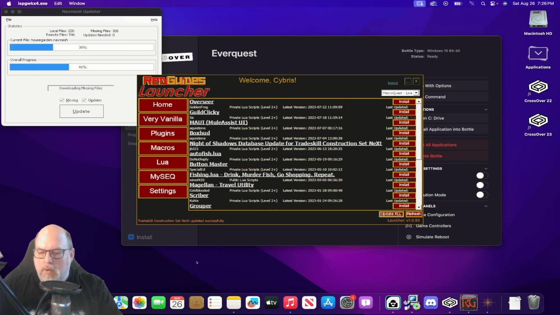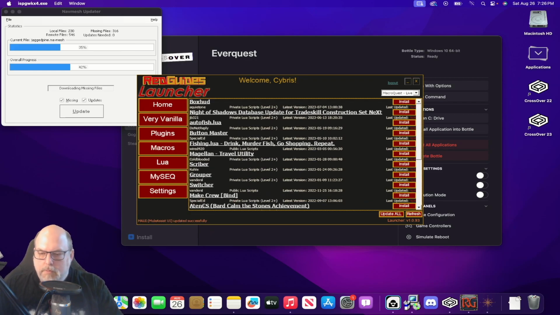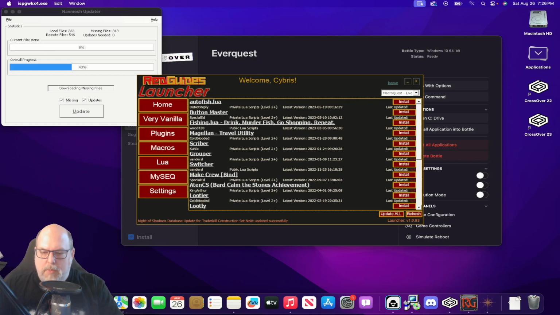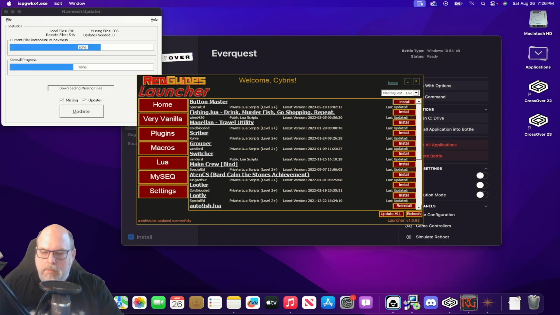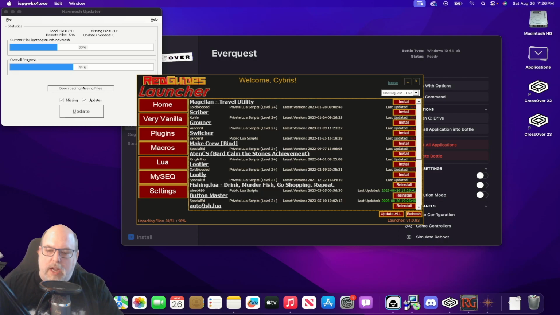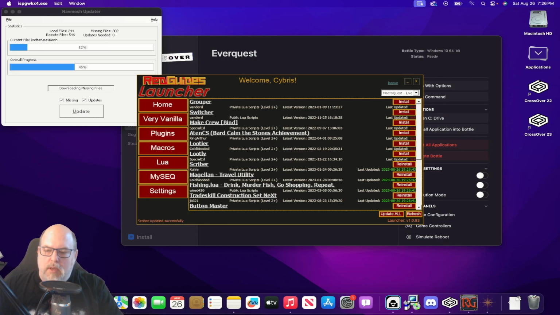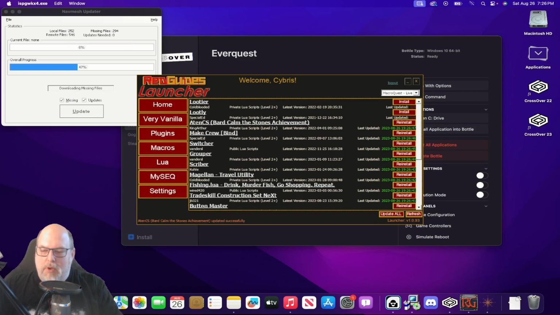Oh, that's just a trace. Okay. Yeah, for some reason it's not doing it for these, so I'm just going to install them one by one instead of using the update all option. And yes, I know I have a lot of Lua scripts. Don't use these all for everything or load them all at the same time. I use them for different situations. But anyway,